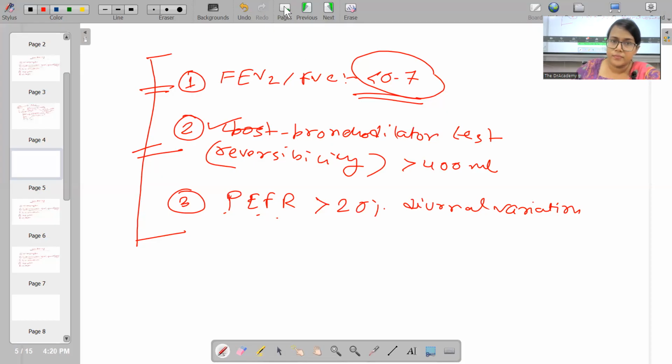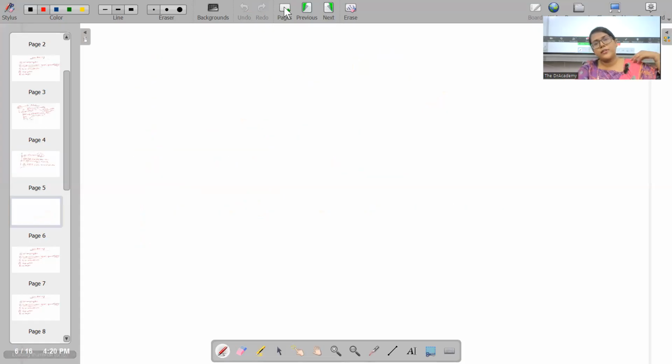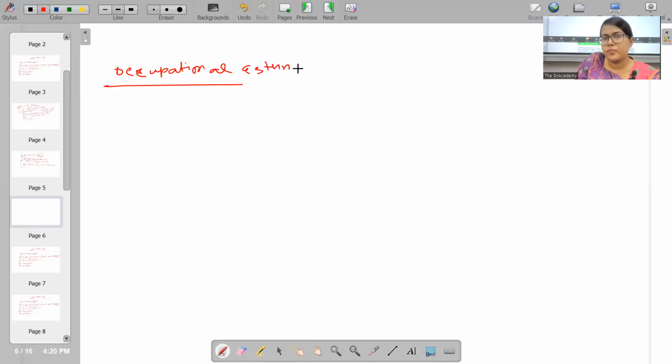Okay. So there are actually different variants of asthma, which can come up frequently in the part 1 examination. One of the most important ones is occupational asthma. Before I discuss occupational asthma,